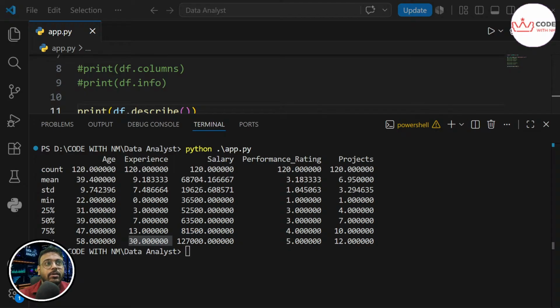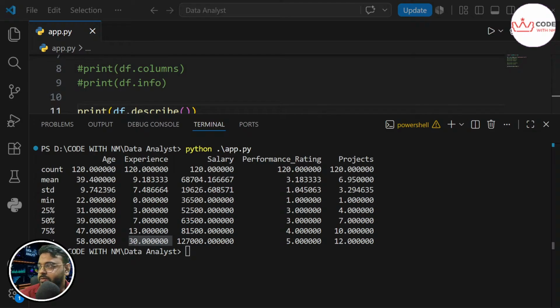For example, there is a mean, and in our case, let's talk about the salary, which is 68,704. That is the mean salary.